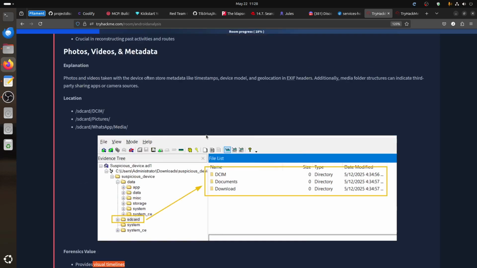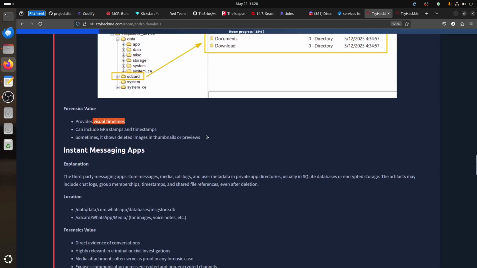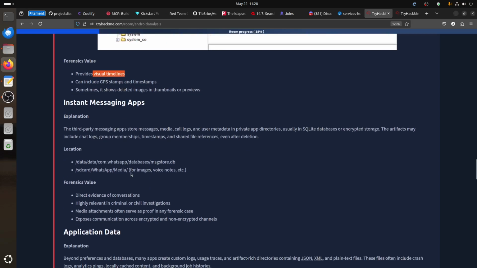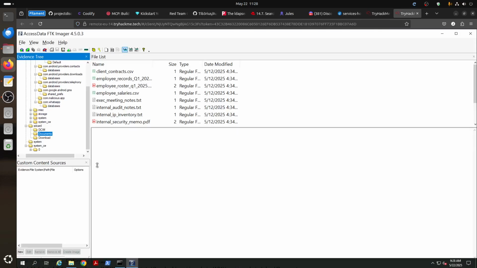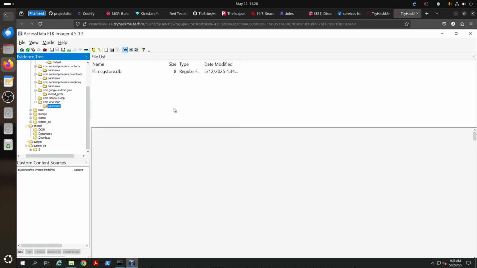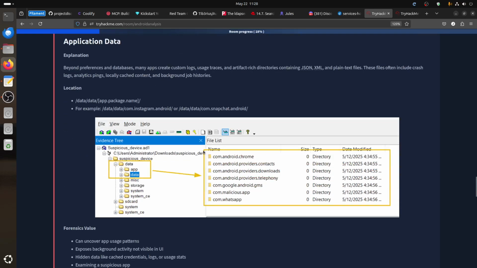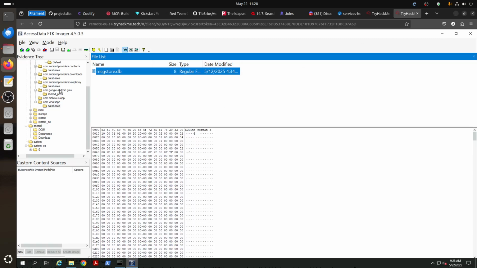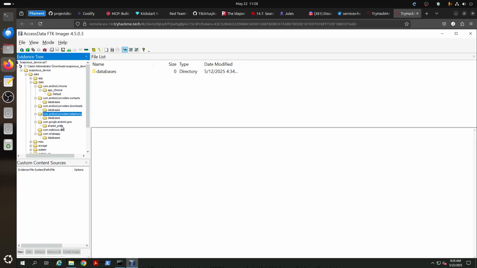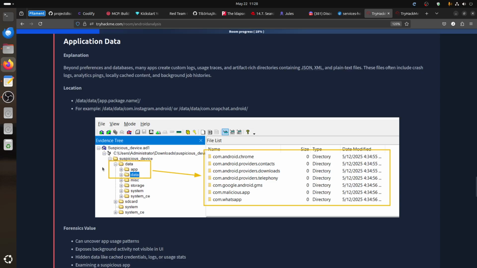Because the photos have metadata, so you go location, then instant message app. Of course, if you have WhatsApp, like here we have the WhatsApp database. Where is it? That's the WhatsApp. So you have WhatsApp database, we can check it. Application data, of course. Location is data, app package name. This is what, for example, if you know what's installed, you can say you have Android, we have that, we have that, we have this application we have. And then